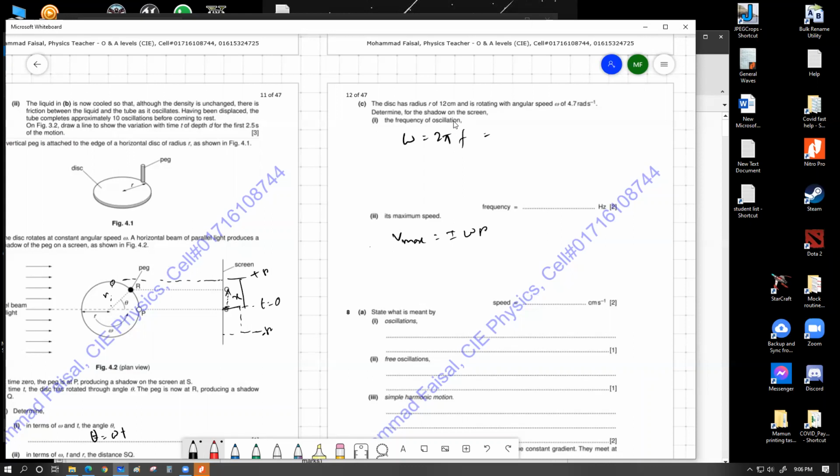So you just place the value of omega from here. You place the r of 2 centimeter from here. Make sure to convert everything. Make sure to place the r value in centimeter because the final answer is expected in centimeter per second unit. Have a look at the expected unit. Since they are expecting the speed in centimeter per second, don't bother to convert the centimeter into meter. And then you calculate the whole thing.